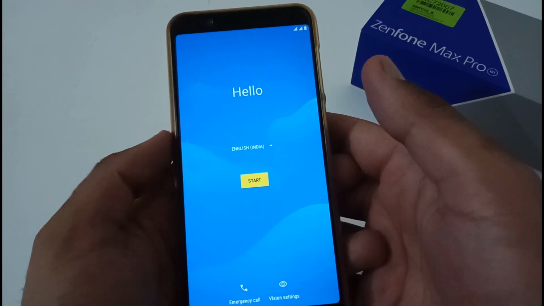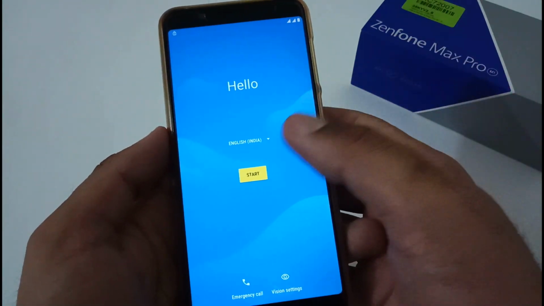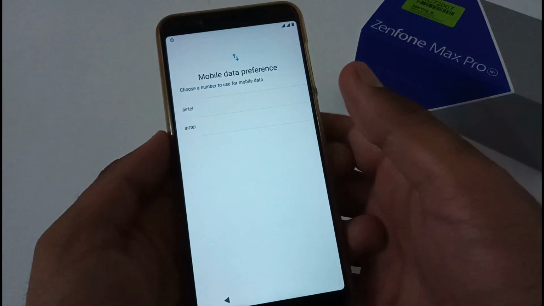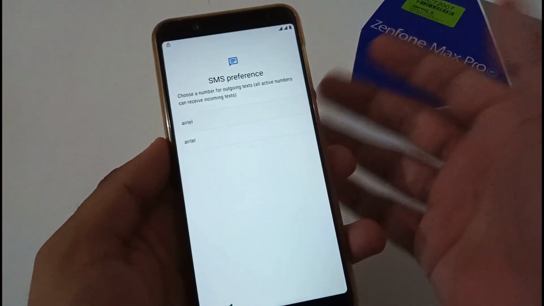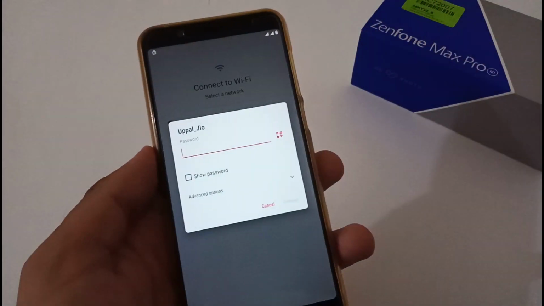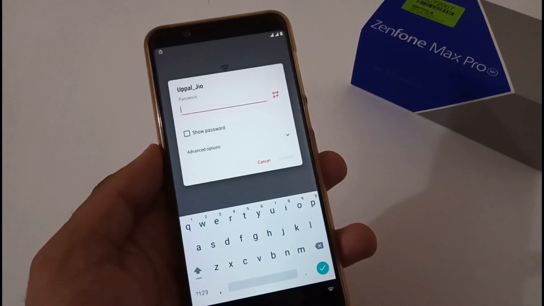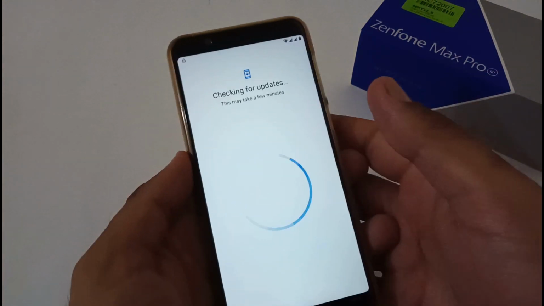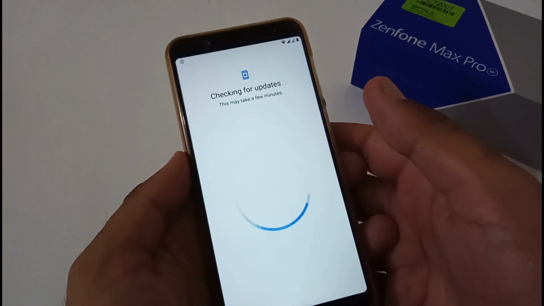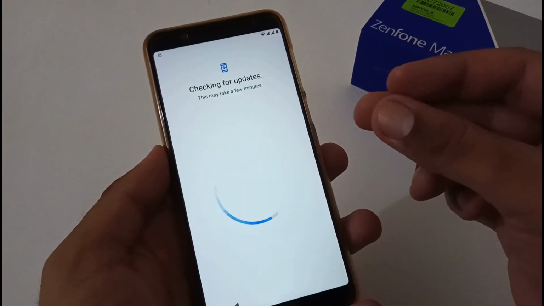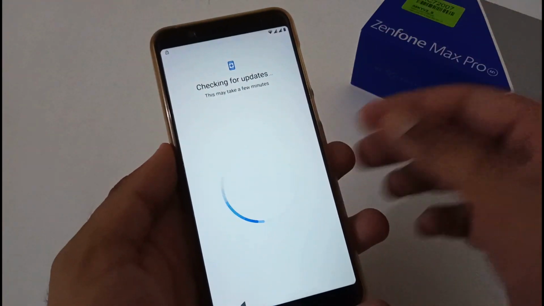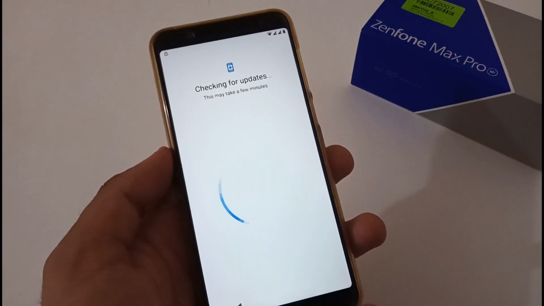So finally the phone setup process has been started, or I would say instantiated. So let me click on Start, then choose my optimal selections and so on. Now it will be asking to enter the credentials for my Wi-Fi connection. Let me complete this part. After successfully entering the Wi-Fi credentials, now it is checking for updates. If there is any minor or major payload pending in the background, it will be downloaded here and it will move to the next screen.